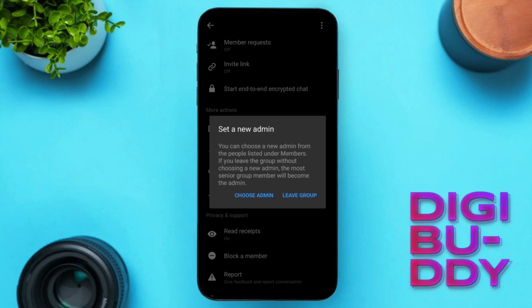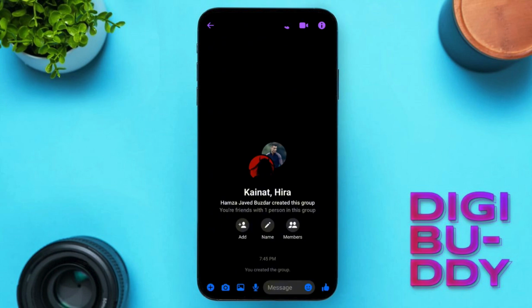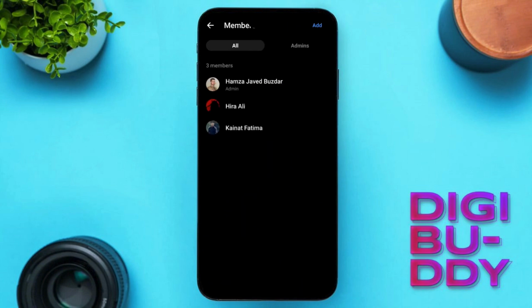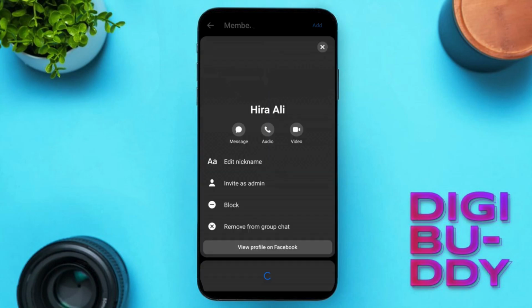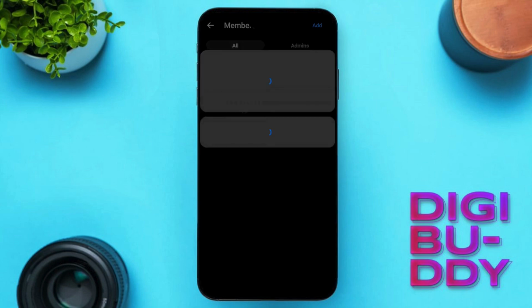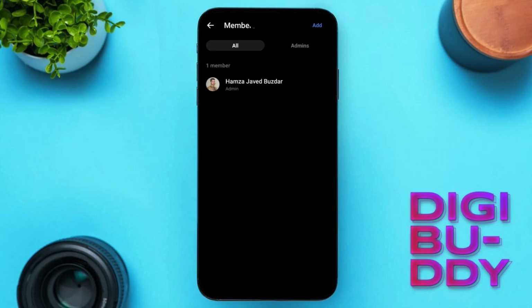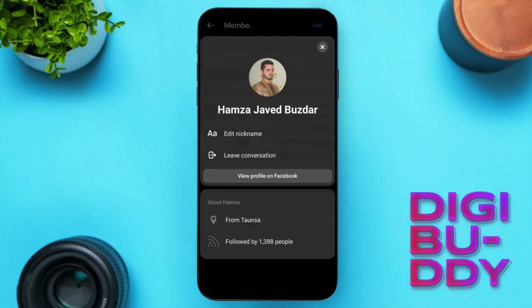So for this, what we have to do is simply go back and check the members. First you have to remove the members. Click on it. Remove from group chat. Click on it. After removing the members, what you have to do is simply click on your profile and